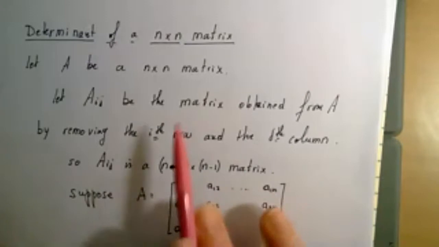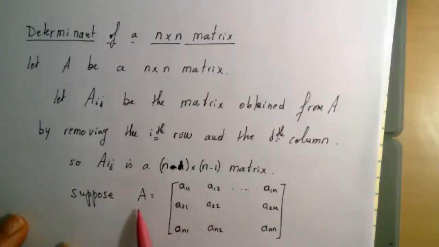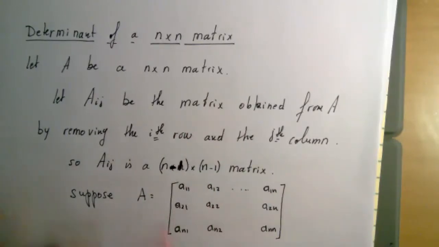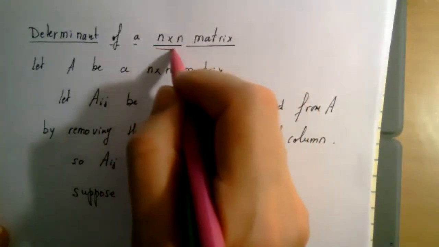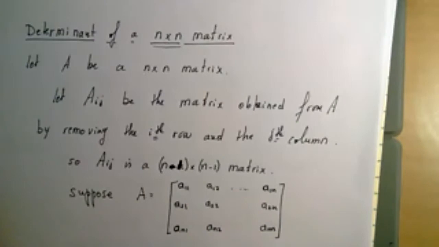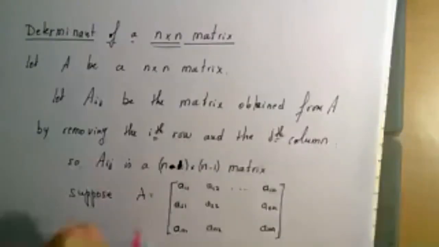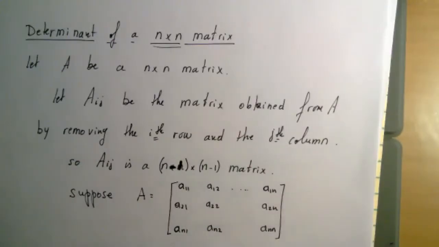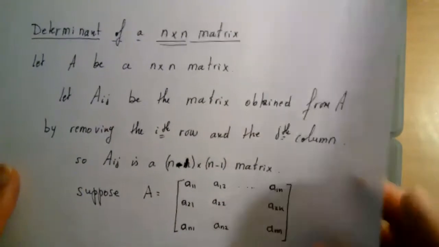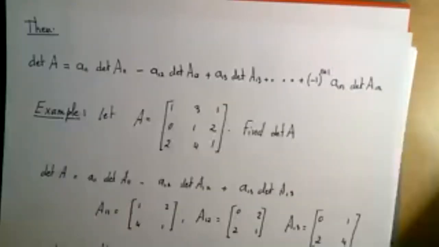So now back to the definition of the determinant. Suppose A is an n by n matrix. The notion of determinant is only defined for an n by n, which means a square matrix. So I don't talk about the determinant of a 2 by 3 matrix. We talk about the determinant of 3 by 3, 4 by 4, 5 by 5, and so on and so forth. So suppose A is the following. We're going to define the determinant as follows. It's equal to